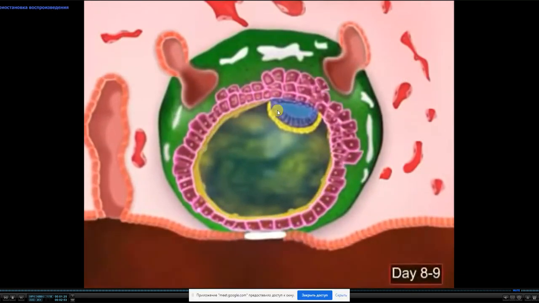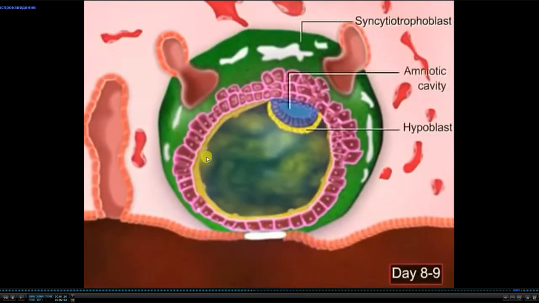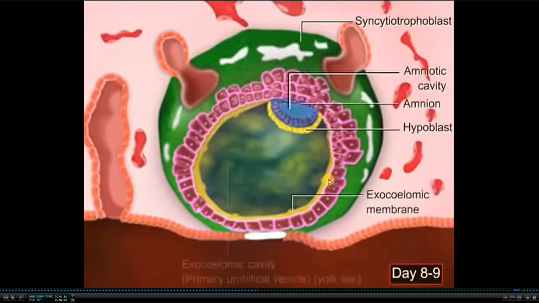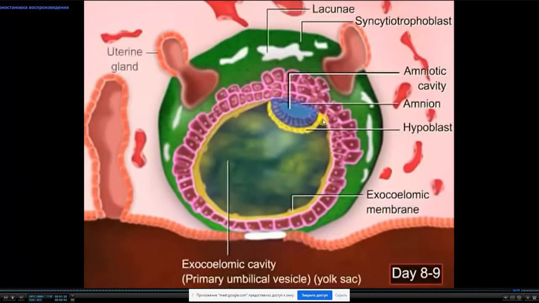You see, from the hypoblast appeared a new cell population, which lines the entire blastocyst cavity. Near the trophoblast formed these very teeny tiny cells, thin cells, simple epithelial cells,